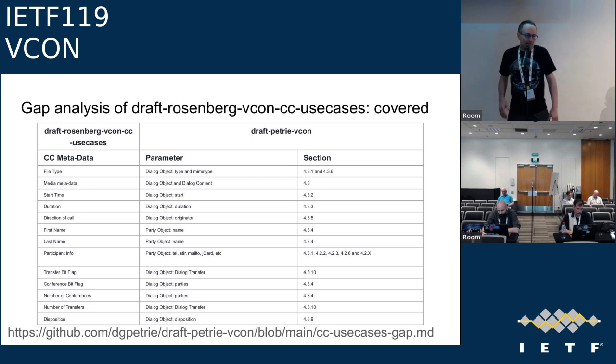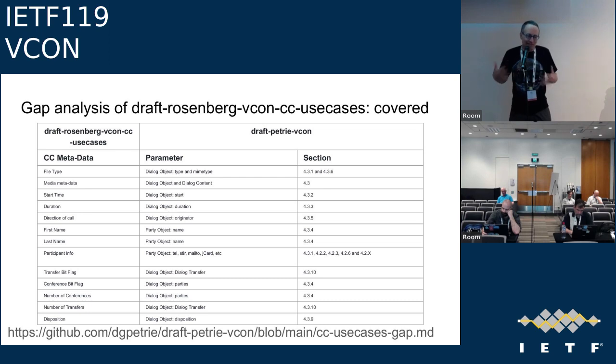So this first slide is basically a table of the metadata from the contact center use cases and how it's mapped onto the VCON JSON binding draft. I won't go through this in a whole lot of detail, because this was the easy stuff, right?